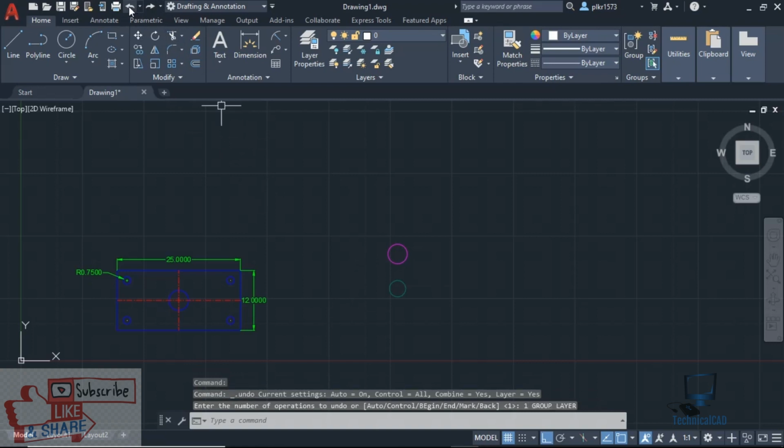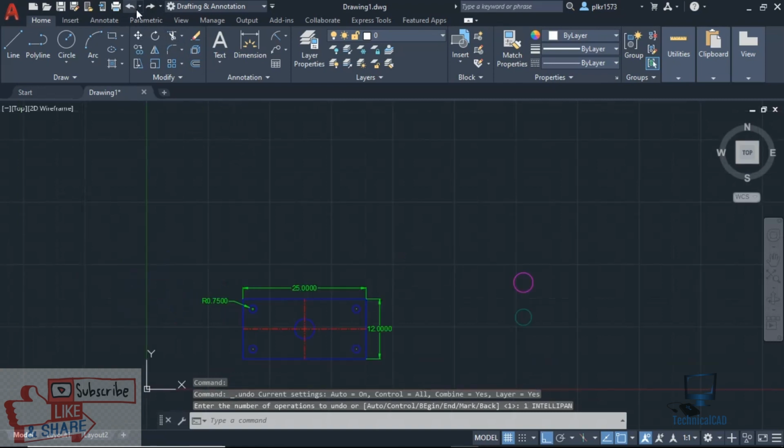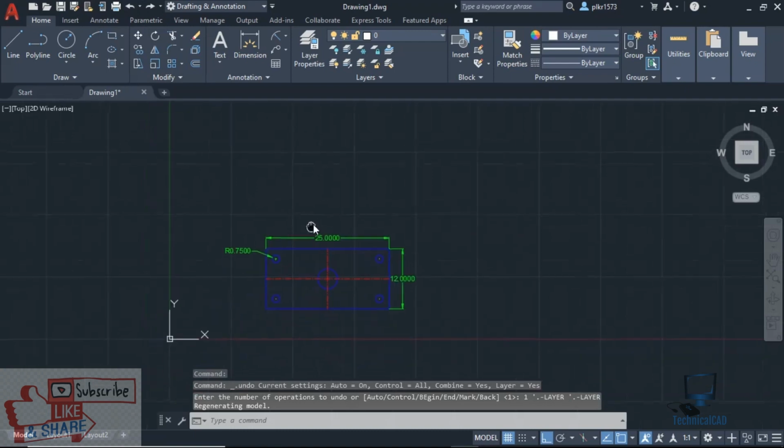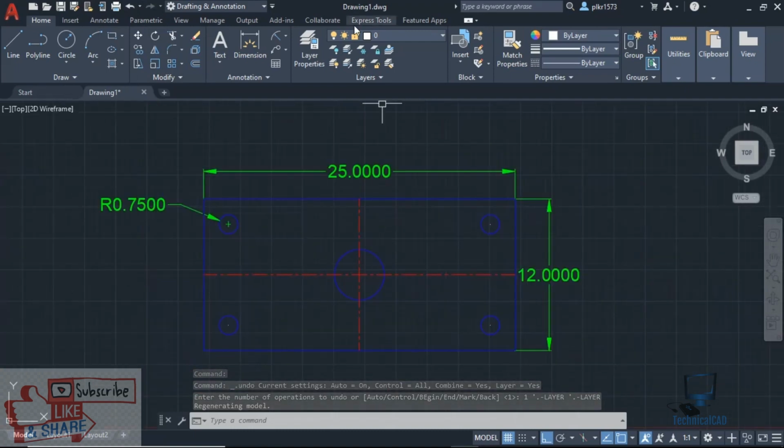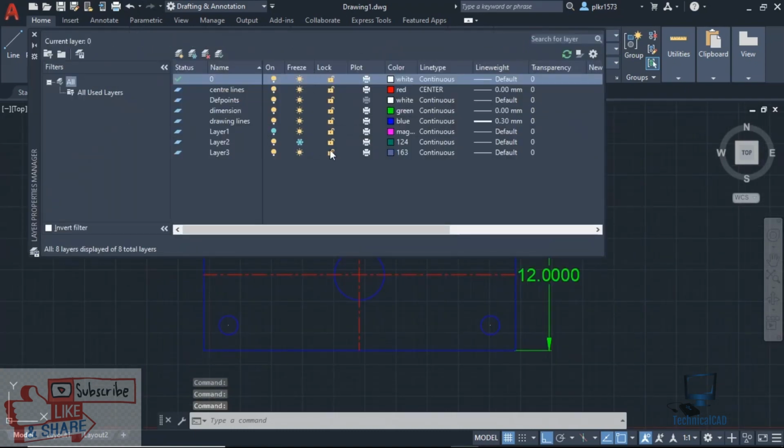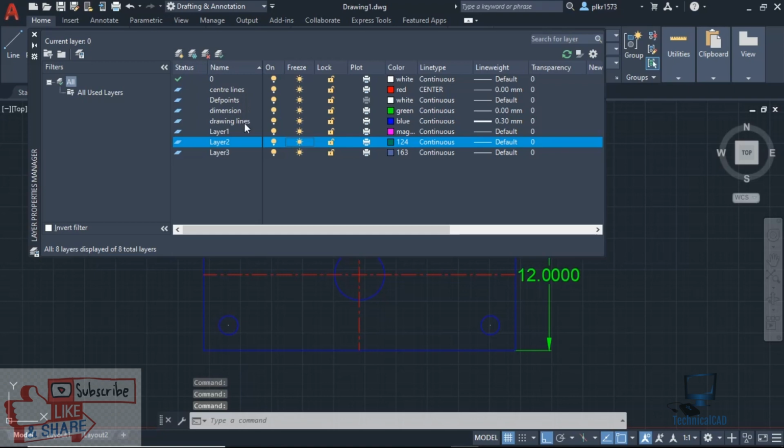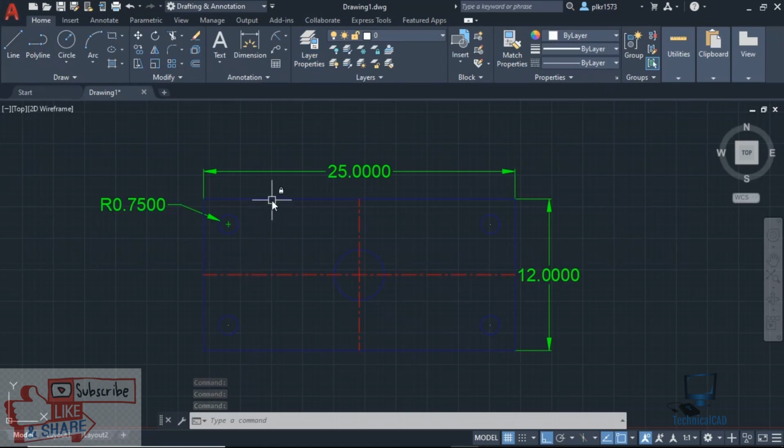We have got the previous drawing again, and now go for layer lock, and I will lock my layer as this one. I will go for the drawing lines layer and lock this layer. Okay, now close this. Now you can see whenever I place the mouse on the drawing, it's showing a lock symbol.